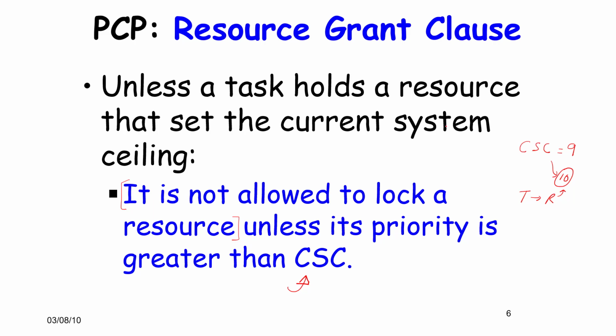Any other task which has not set the current system ceiling to 10 is not allowed to lock a resource unless its priority is greater than CSC, which means that its priority is greater than the current system ceiling, which is 15. So if its priority is 15,